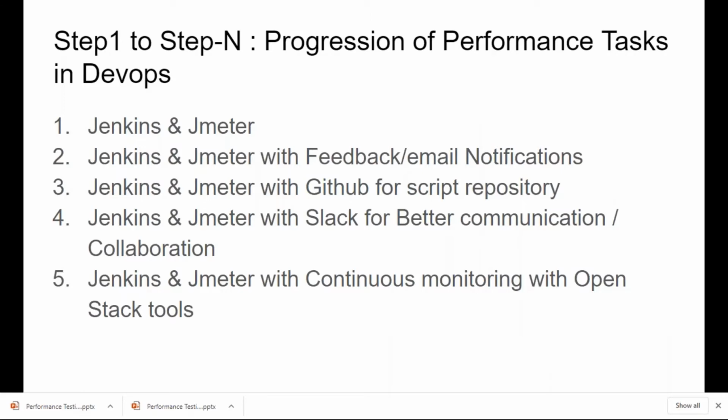And then very specifically from a performance testing perspective, from a DevOps pipeline perspective, we'll look into various maturity levels. We'll look into the various progressions that might happen as you start implementing performance testing into your Jenkins pipeline, or whatever tool your customer or project team is going to use. What is a typical progression we see? From Jenkins to JMeter to start with, and then you go with some automated feedback. You will also then integrate with your GitHub, integrate with your Slack.